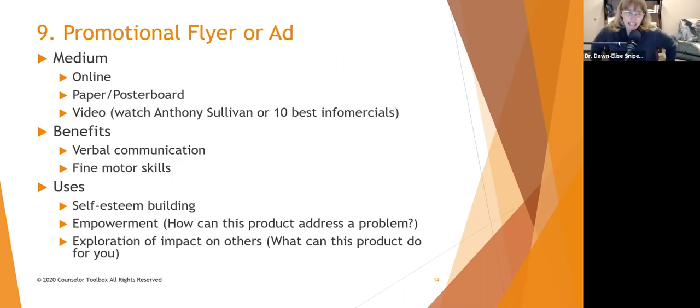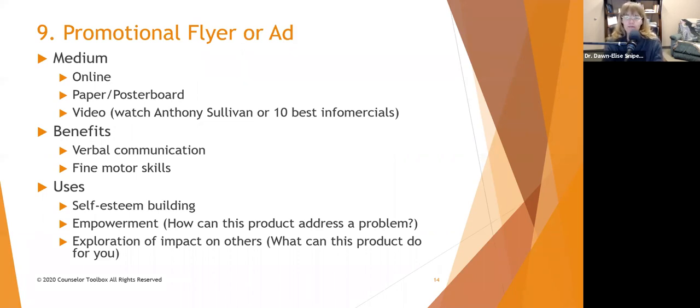Another fun activity is a promotional flyer or ad. You can do this online. I'll say again, canva.com is a great place because for doing minimal stuff, you can do it for free, but they can do it just about anywhere. They can even do it in Word or whatever. They can also do it on paper or a poster board, or if they are somebody who really likes videos, almost everybody has a phone now that will take videos,